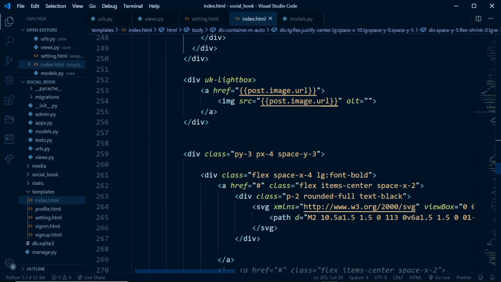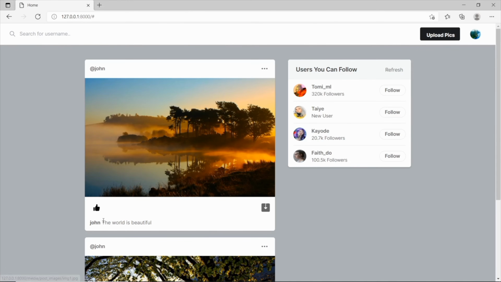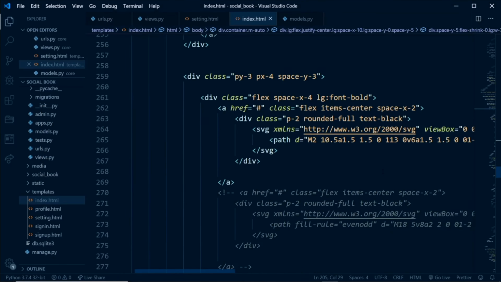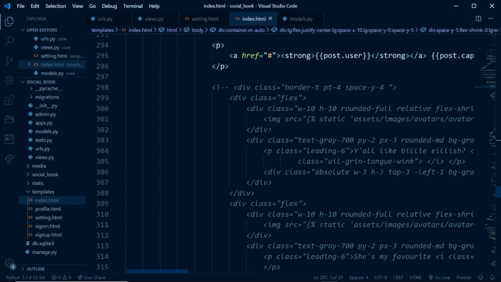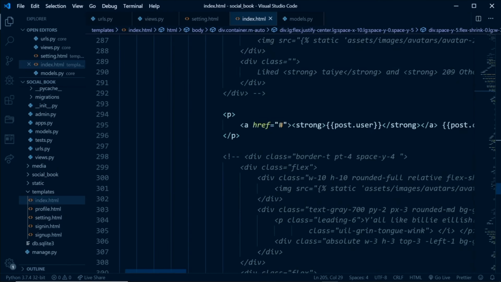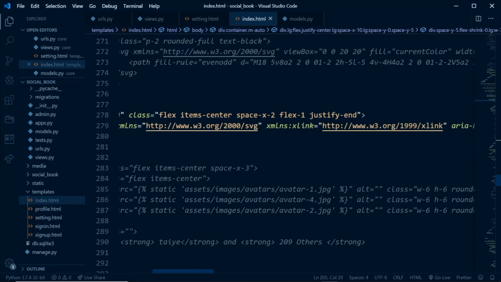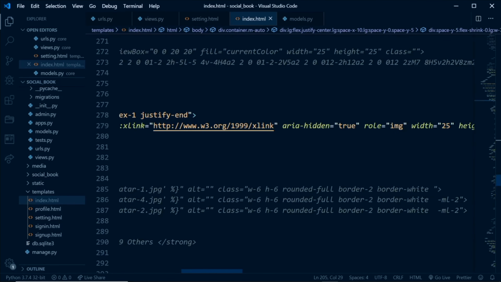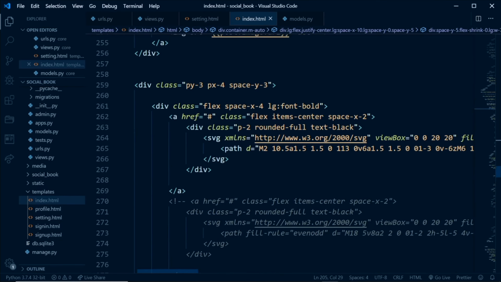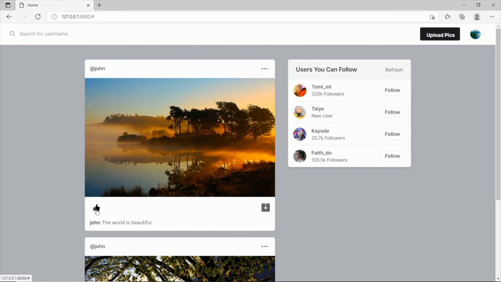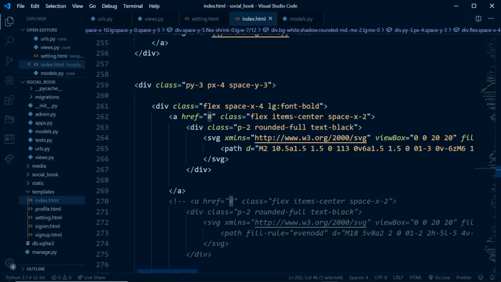So there's the like button right above John, and then that should be down here. Okay, so this is the like button, I suppose. No, this is the other button to download. So now this is the like button, and as you can see, that like button is already linking somewhere which has a hash. So what we want to do is to change it to /like-post,